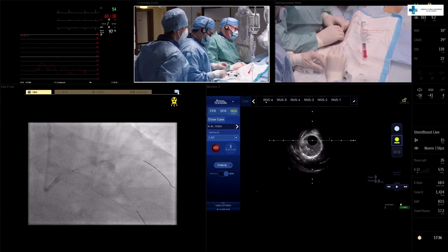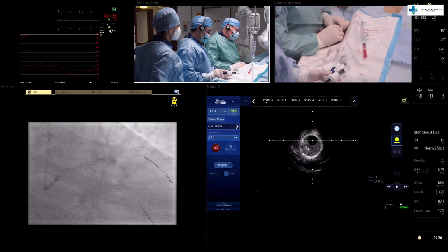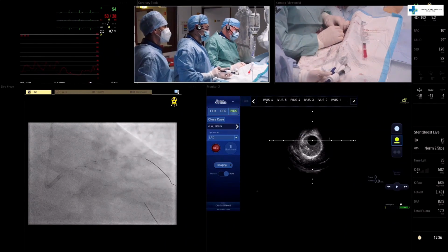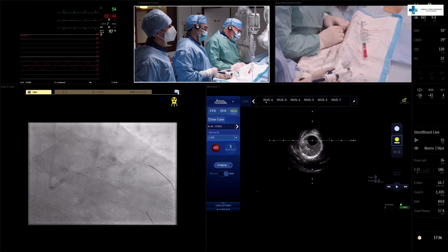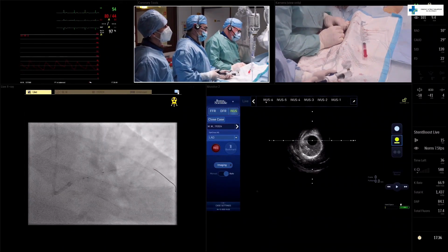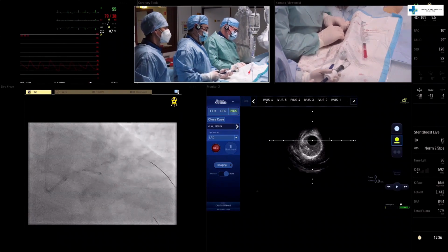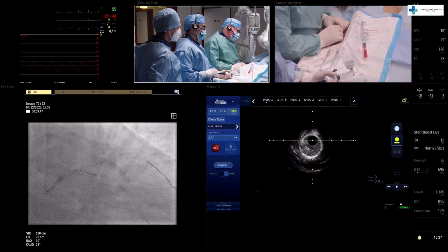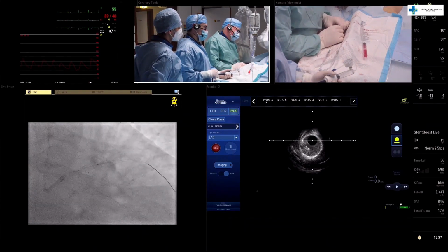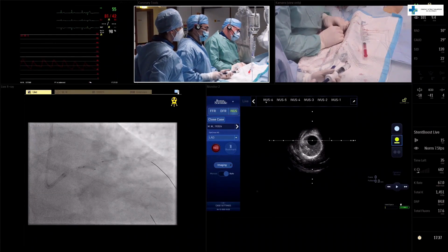First circumflex, 4. Okay, deflate, maybe too deep, so let's go back and open it here. 4, 6, 10, 12, deflate. And here, 4, 12,